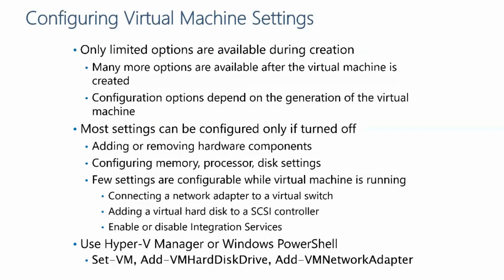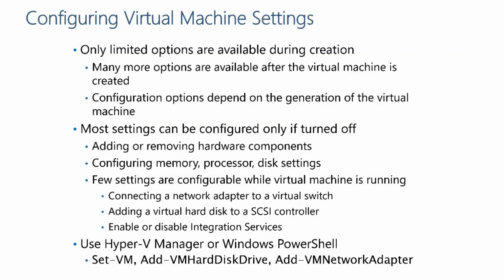Most settings can be configured only if the machine is turned off. Like I said, if we want to configure the hot swappable RAM support on the virtual machine, what does that mean? That means we can add or remove virtual memory from the virtual machine. We need to make sure that the virtual machine is turned off. Like the virtual hard disk, they need to be turned off. You treat the virtual machines a bit like how you would treat physical machines. The things you can do while it's on and the things you can do while it's off are probably the same. For example, adding or removing hardware components,